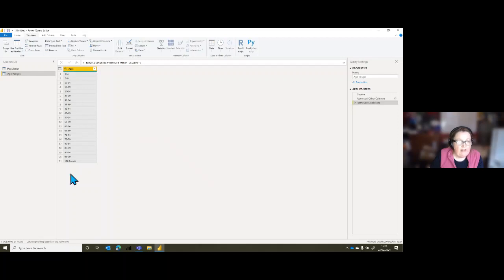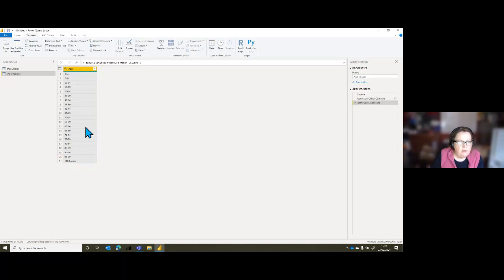Okay. Now we had an issue with sorting. We want to be able to sort them, but the problem is it's text. If you sort these alphabetically, 100 will come just after or just before the 10 to 14. So we want to have a numeric value to sort by. Or if I can take the first number in here, that would work.